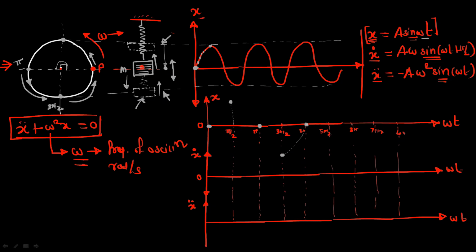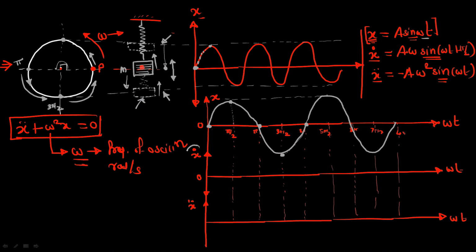So this is the 2 pi, and therefore you will get one complete waveform like this. So this is one oscillation. After that, the motion will repeat, so again you will get such a waveform. This maximum value will remain constant, and therefore it is a simple harmonic motion.